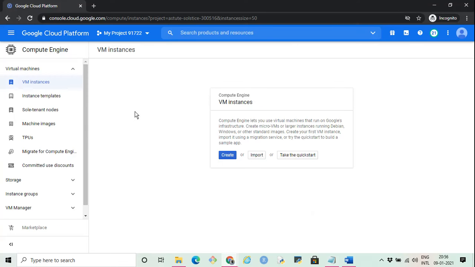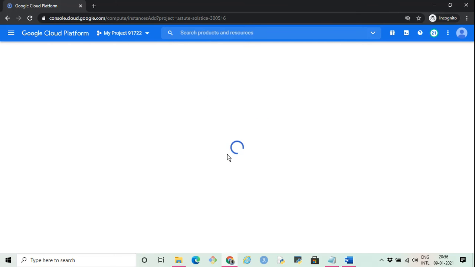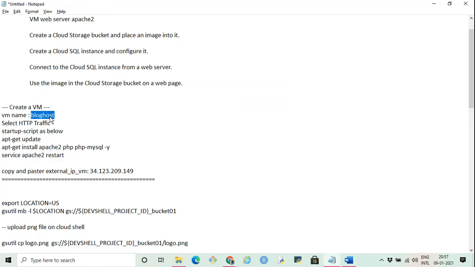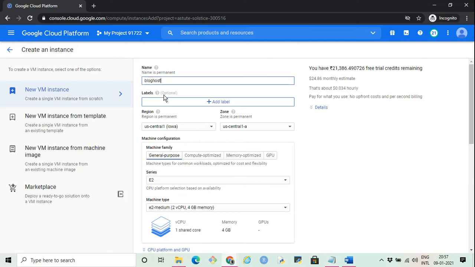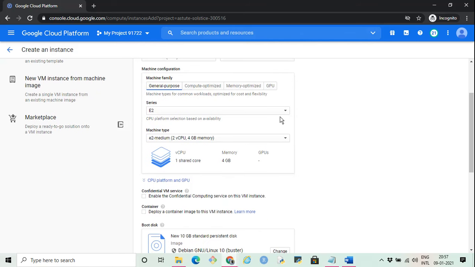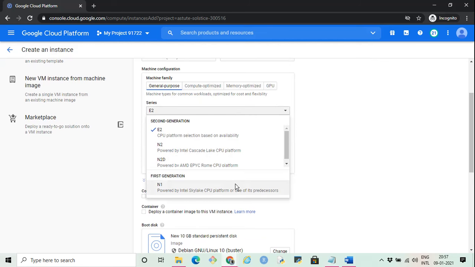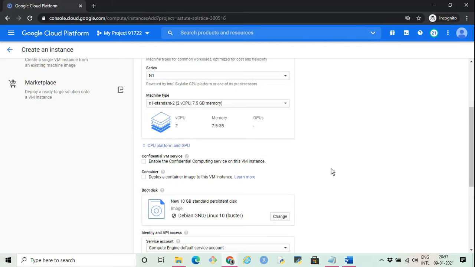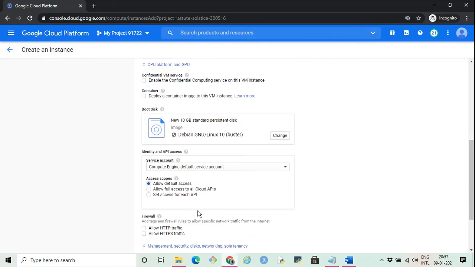So I'm in this Google Cloud Platform console. I'm going to click on this create button. This should give me a page where I'll fill up the details to create the virtual machine. Basically, what we need to specify is the name of the virtual machine. Let's say my VM name is blog host. I'll copy it, and I want it in US Central 1A, and for my machine, I'm selecting the type. I want a simple N1 type machine with the N1 standard 2, and then I will be choosing allow HTTP